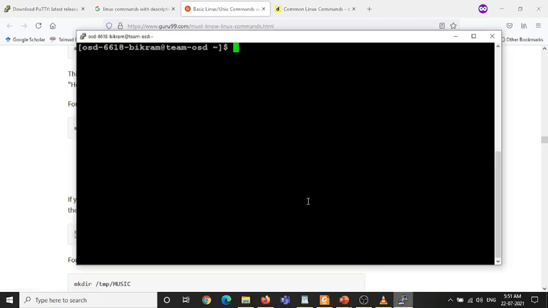Okay, now coming back to our putty window. One more main point I want to tell you: if you stay inactive for 10 minutes or more, the putty window will go from the running state to the inactive state. In that case, you need to close the putty window and restart it.